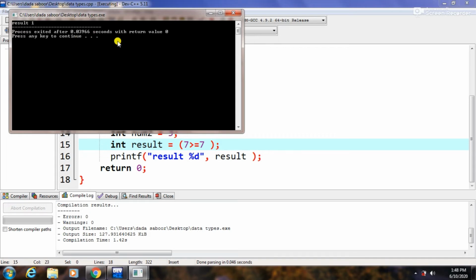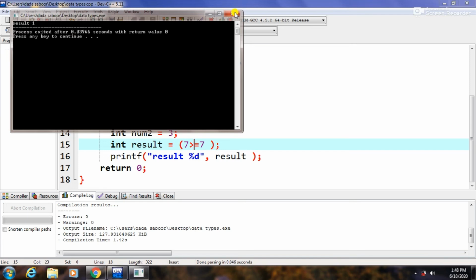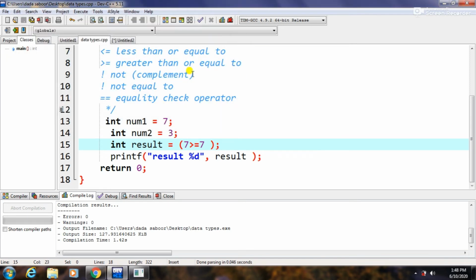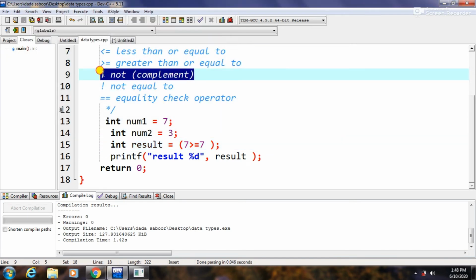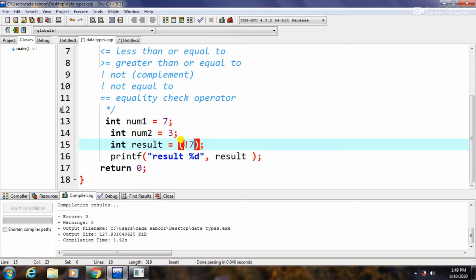Now we are going to move on to the next operator, which is the NOT operator. NOT also means complement. Let's see its example. Here we will write int result is equals to not 1.